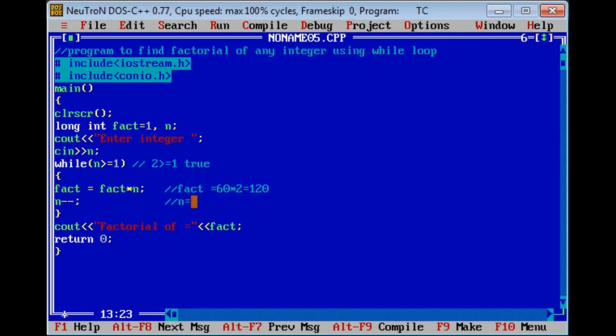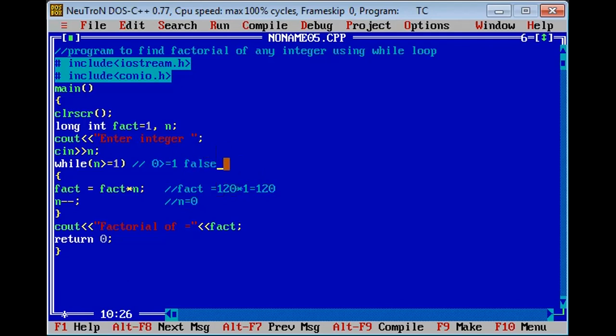Now the variable has been reduced to 1. Again the condition will be checked. It is still true. So it will calculate the value for 1 and now it has been reduced to 0. If we check the condition 0 greater than or equal to 1, now the condition becomes false.